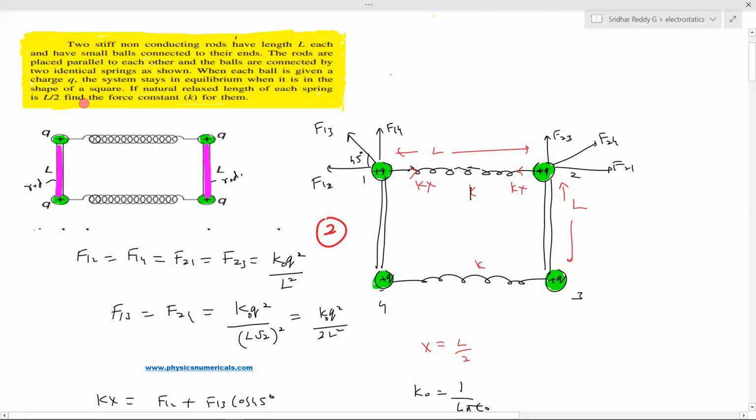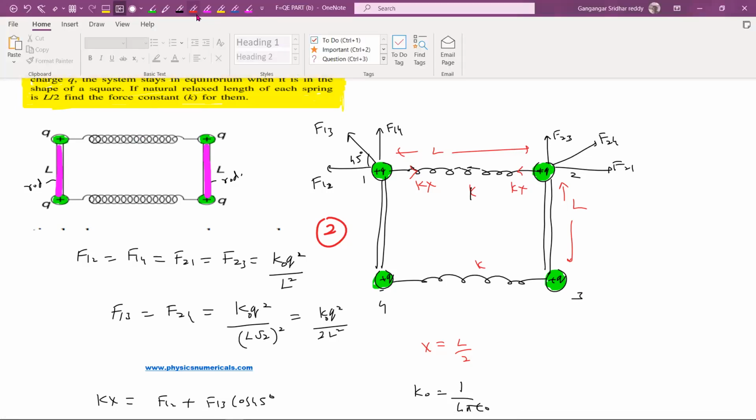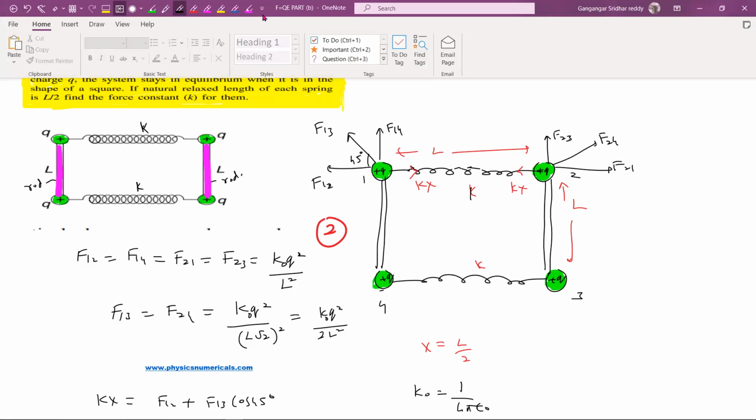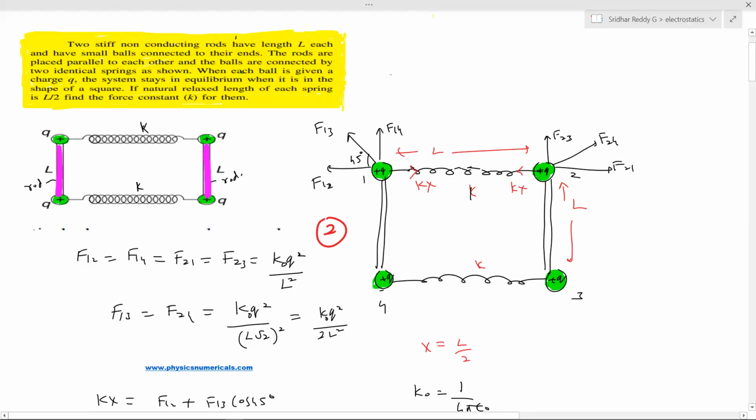The rods are placed parallel to each other and the balls are connected by two identical springs as shown. Okay, these are the springs. So what is the spring constant of that? Okay, I think I'll take some. So this will be the spring constant. Okay, now,